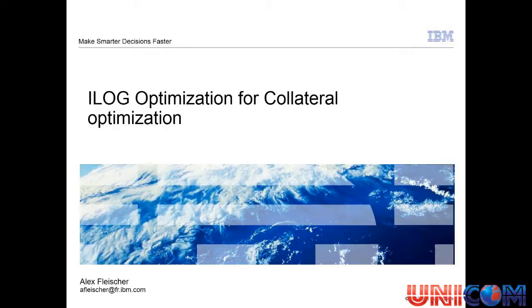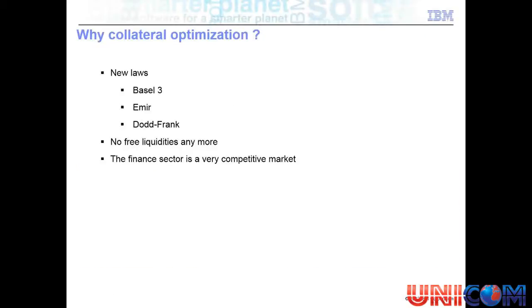And to me, speaking with prospects and customers and many people, this is a very trendy problem. In a way, ALM and portfolio optimization are quite old problems, and many articles have been written on those topics. Collateral optimization is a new field, but in a way, it's possible to optimize the same way as what was done with portfolio optimization. So why is collateral optimization